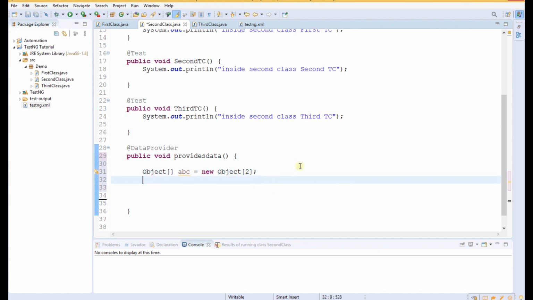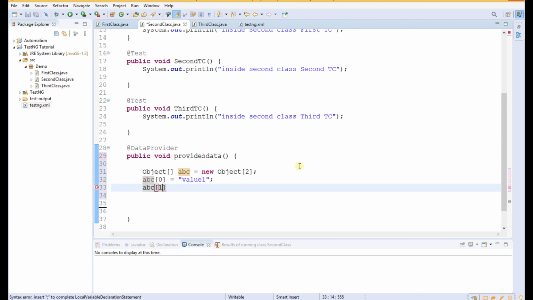After specifying the array, we have to initialize the values. So let us write ABC at the 0th position, let us give value 1, and in the first position let us give value 2.